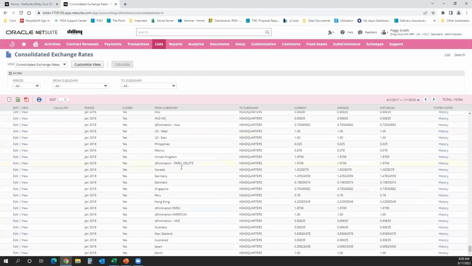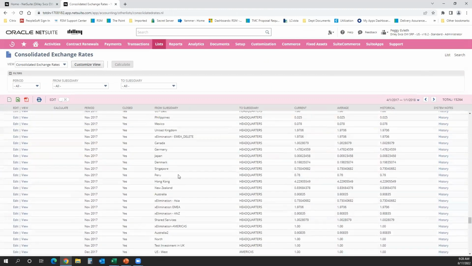No. So in your systems, once you're doing the downloads, you'll actually have a little calculator here. And see, there's also a button up here that says calculate. What NetSuite does for calculating the average and historic rates is it does a weighted average. So it looks at all of the rates for the average, all of the rates of the month, how many transactions, what the total volume of transactions that you've done on that particular day is, and it calculates a weighted